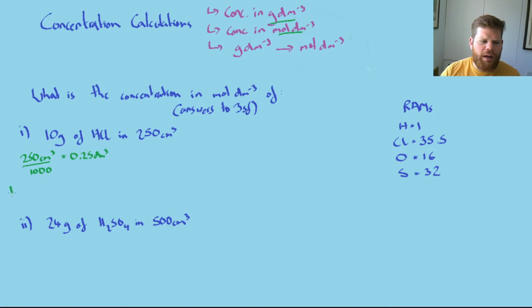Now, in order to work out our moles, the first thing we've got to do is work out what the Mr of hydrogen chloride is, HCl. Okay, that is going to be 1 plus 35.5, and I would have used the data over the far side, which equals 36.5. So now I can work out my moles. So my moles of HCl is going to equal 10 divided by